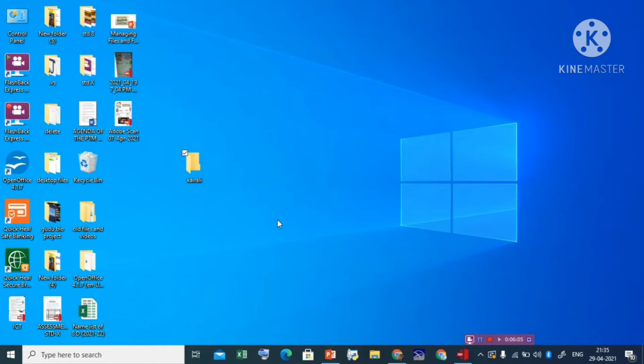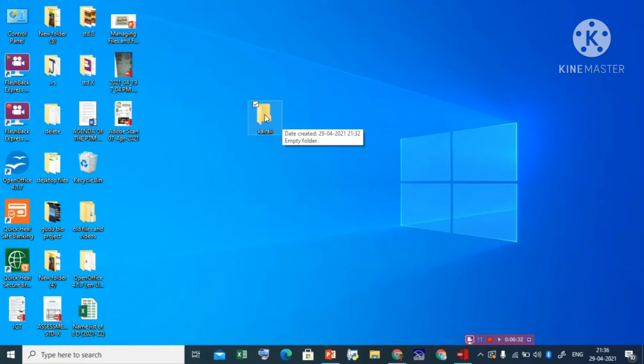Now another topic is how to copy a folder or file from one drive to another. Suppose this is my folder in the C drive, and I want to shift it to the D drive or any pen drive you have attached. How can we do it?